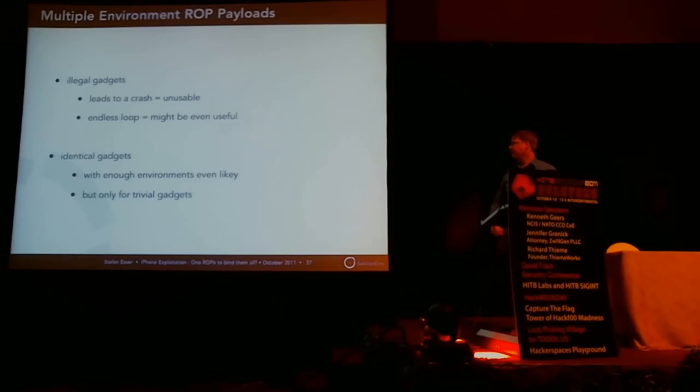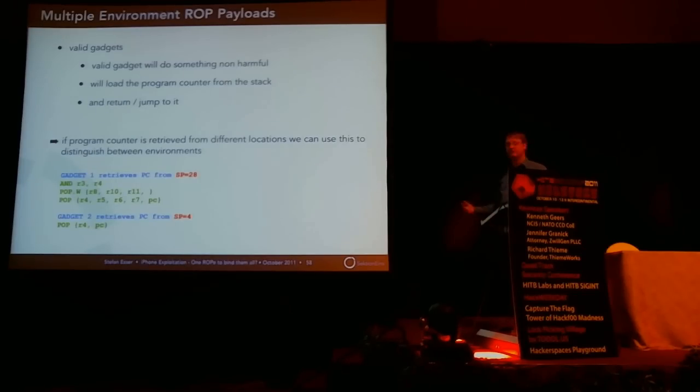Identical gadget, on the other hand, when you have enough different environments, it's very likely that you actually find some identical gadgets, but it's only happening for very trivial gadgets normally, and it's very unlikely for only a few comparison partners. The more interesting thing is that you find some gadgets that are similar to each other and do something that's not harmful, so they don't crash, and they load the program counter from the stack and just return or